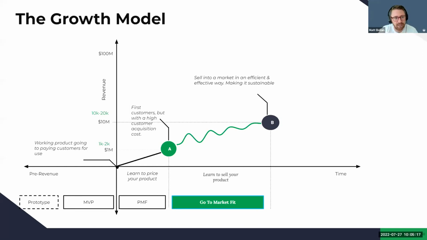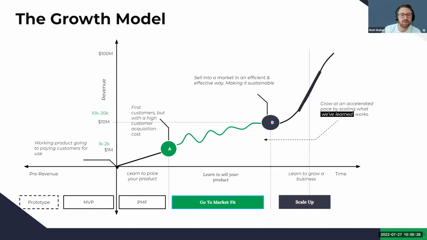SaaS companies need more money because they're taking more risk, right? And their profitability doesn't occur until customers have been with them for a long time, right? So they need money, Series A, Series B. And then you start to scale. And that's post $2 million. And that's what Series Bs are for. When you get this second tranche of money, the point is we have go-to-market fit. Let's scale this thing. That's the premise of it. So this is also where RevOps thrives. You take all the learnings that you have and then you move it.